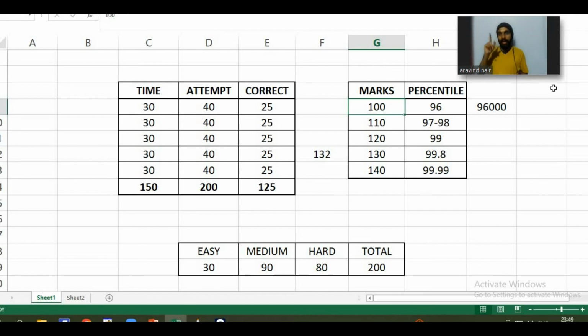It's 99.99 percentile. Why? Except for that one student, every other student makes up 99.999% of students, right? So 99,999 students cannot secure what the one student secured. That's why that percentile is 99.99 percentile, 99.8 percentile. If it's 99.8 percentile, it means 99.8% of students did not secure that marks. So you see, out of 1 lakh, 96,000 students cannot secure 100 marks, which basically means only 4,000 students secured 100 marks. It's a simple calculation, but look at the difficulty of it.